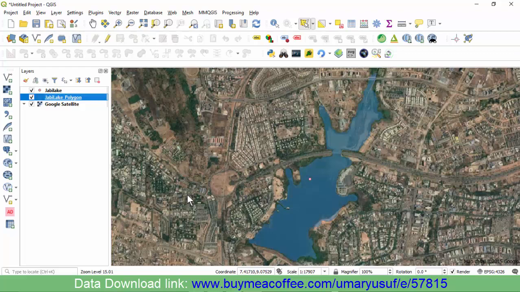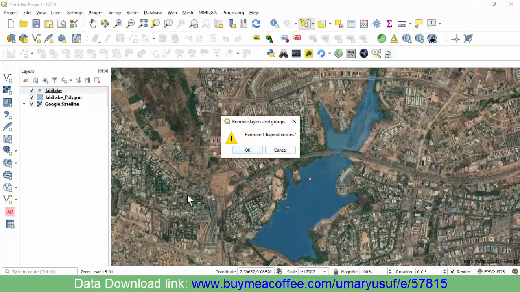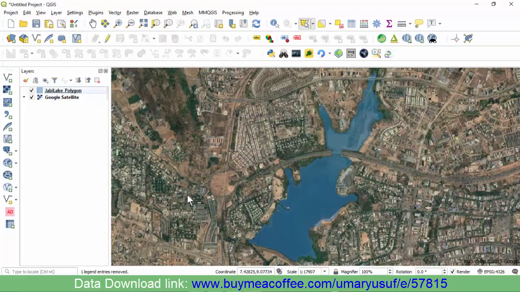So this layer 2, I think we are also done with it. We don't need it anymore. It is only to guide us to locate the approximate location of the lake, and it has done its purpose. So we remove it so that we have a cleaner layer panel. So the next thing we need to do is remember that the task is to get